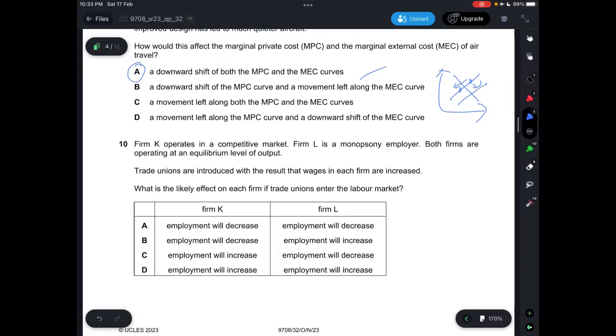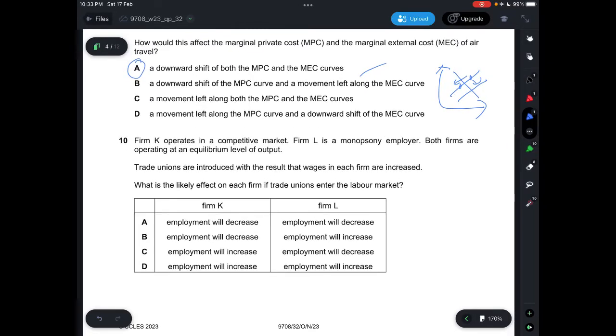Question 10. Firm K operates in a competitive market. Firm L is a monopoly employer. Both firms are operating at equilibrium level output. Trade unions are introduced with the result that wages in each firm are increased. What is likely the effect on each firm if trade unions enter the labor market? Firm K operates in a competitive market and trade unions are introduced. So for Firm K, employment will decrease, and for Firm L,